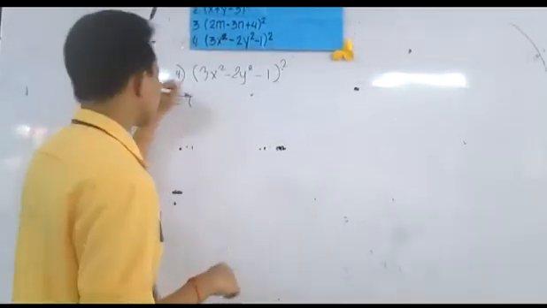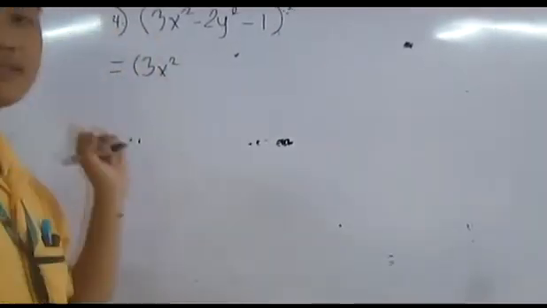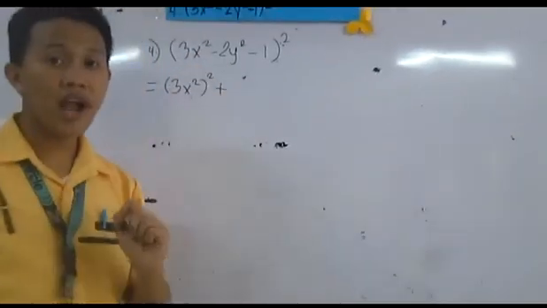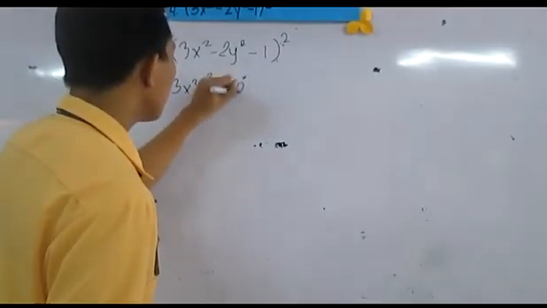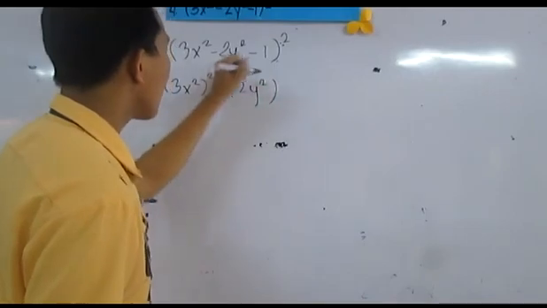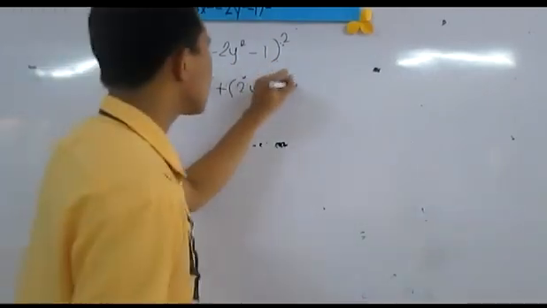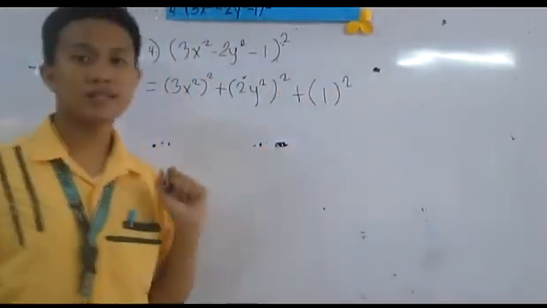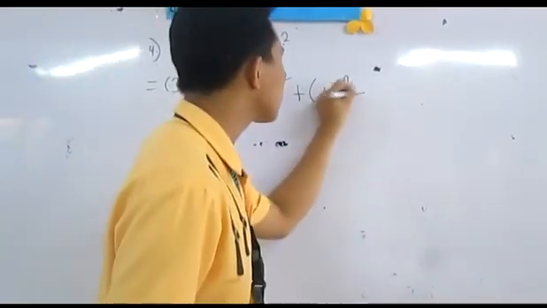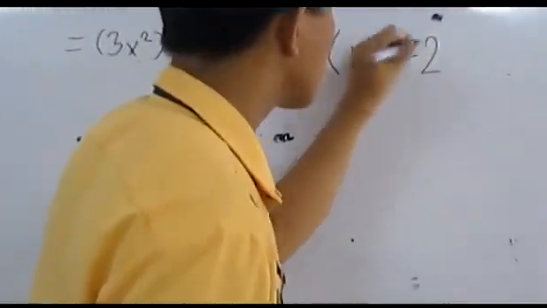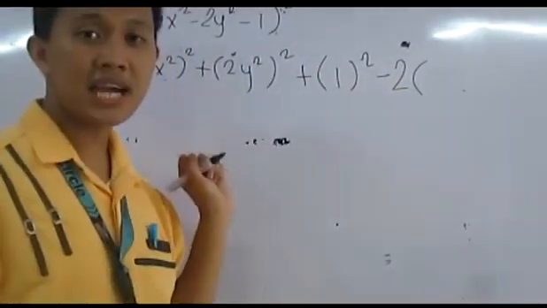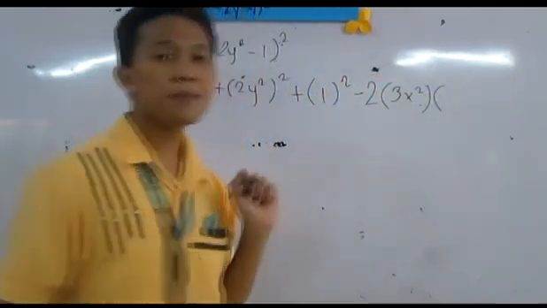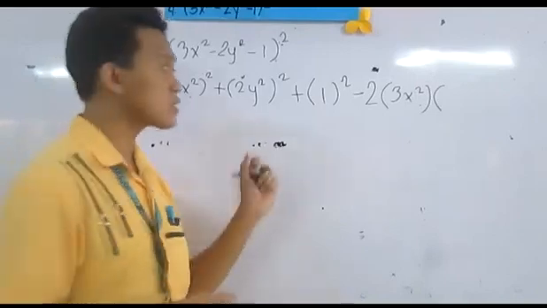Square of the first term, 3x squared, quantity squared, plus square of the middle term, 2y squared, quantity squared, plus square of the last term, which is 1 squared, minus twice the product of the first term, which is 3x squared, multiplied by the middle term, which is 2y squared,